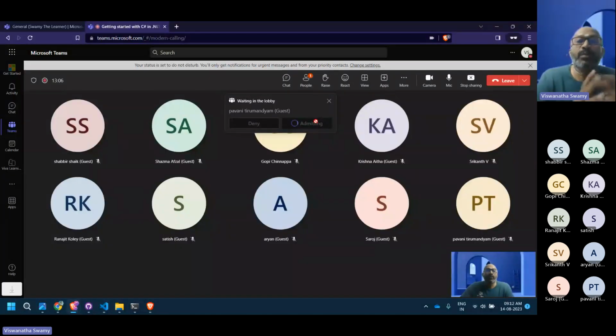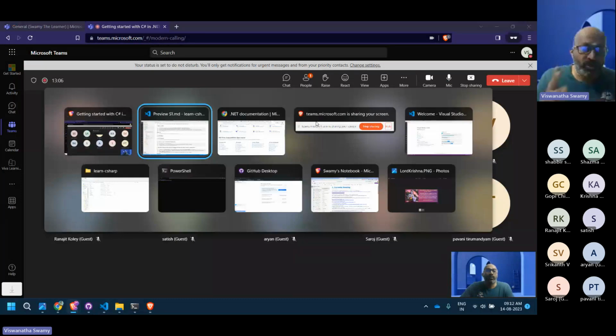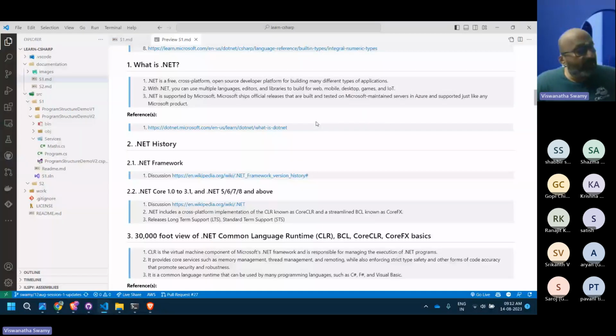Previously, .NET used to be Windows-specific, so our horizon was limited. Now it's cross-platform. So if you know .NET, you will be able to work in Windows, Linux, and Mac OS, and a lot of other things are being supported.